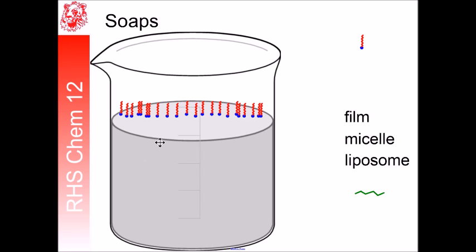With a little bit of work, you can convince the soap to become embedded in the water, and so you can end up with something like this, where that's going to be a problem because you have the polar head group which is happy inside the water, but this greasy tail is not. So one molecule by itself is probably not a good idea, but if you have a whole bunch of them,